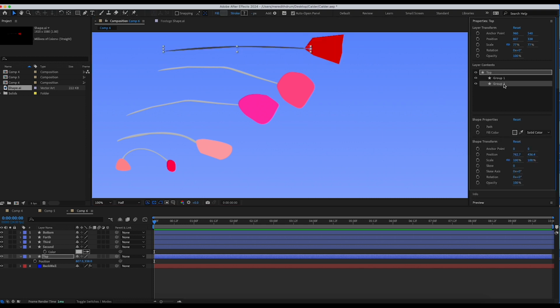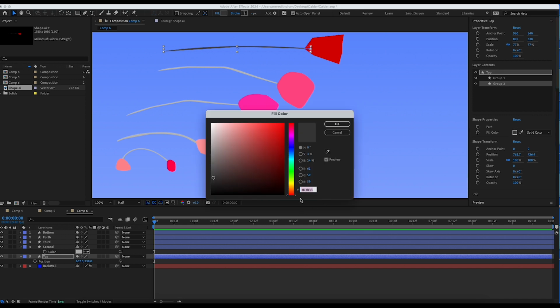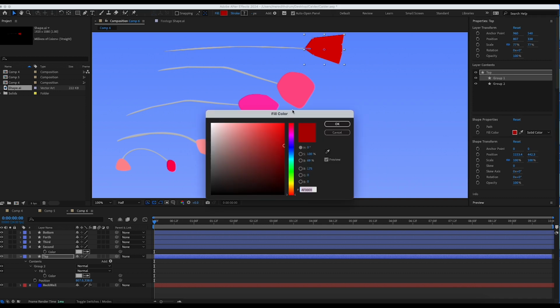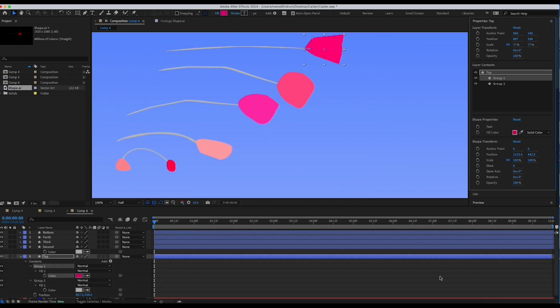Okay, so it's group 2. Now we're going to add that same fill color here, double click, and then put that number there. So you're going to Control V or Command V, whichever you're on, a PC or a Mac. You can also change this color too if it doesn't seem like it really fits. So you could double click, and you could even use your picker and maybe then just make it a little darker, a little lighter, whatever you wish. Okay, so now it's a little bit more analogous.